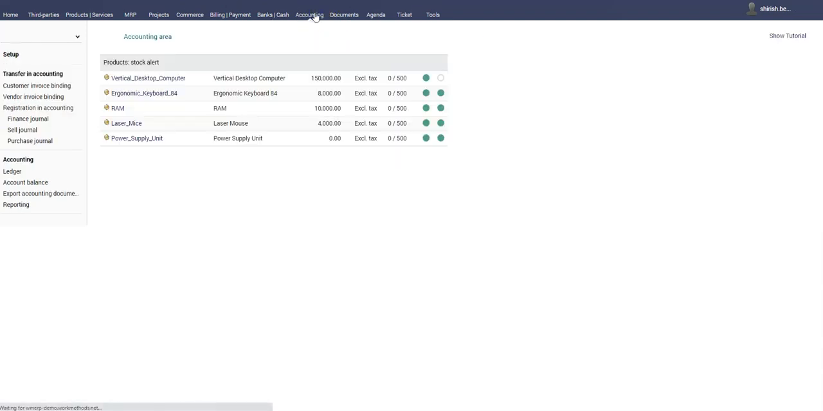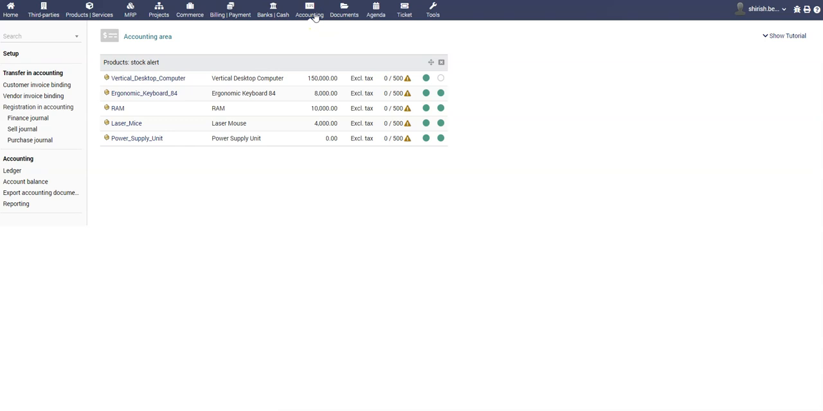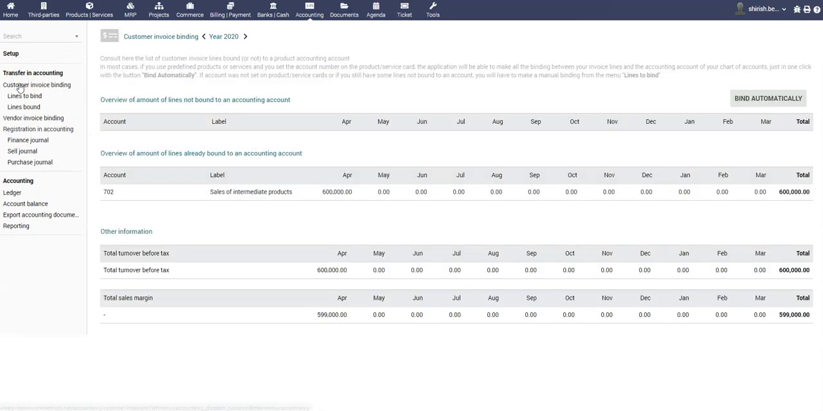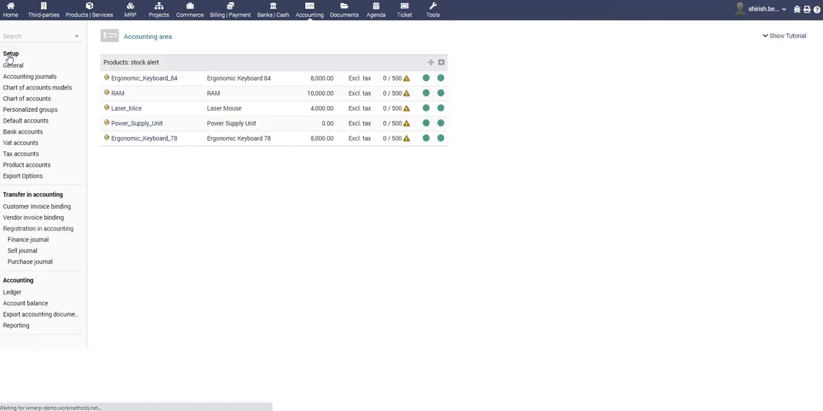Moving on to the accounting. In the accounting also, most of this information is created automatically for you. There is this customer invoice binding. You can have the account codes in there. So if we click on the setup part of it, it will show you that within the setup we can have